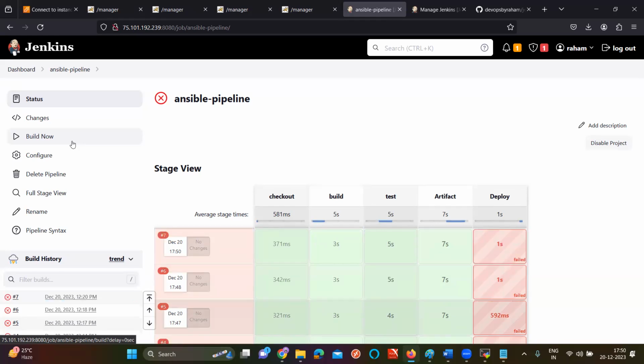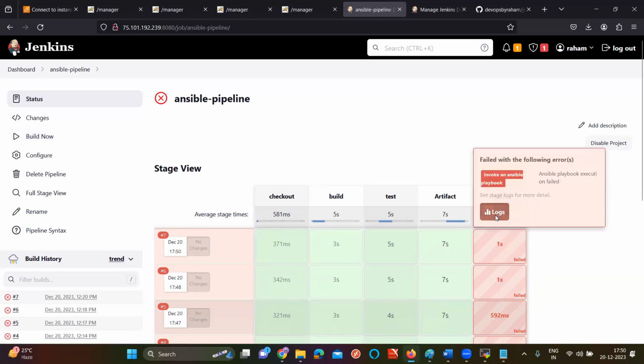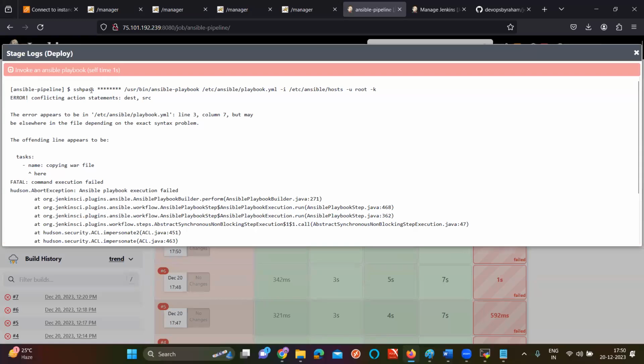And what happened? We changed the path, right? But again, if you go, the same issue will repeat. Just think, you will get the answer. What is happening again? Conflict error in statement, destination and source. That means here,